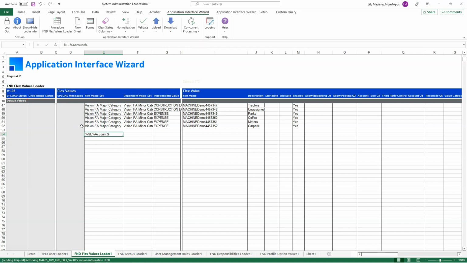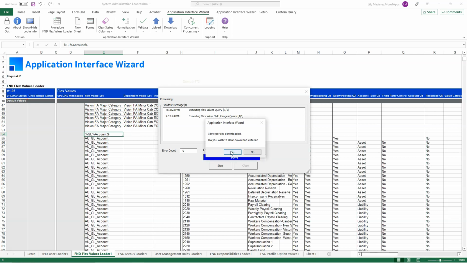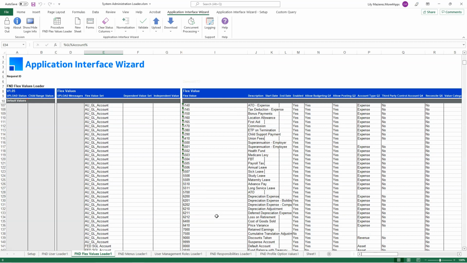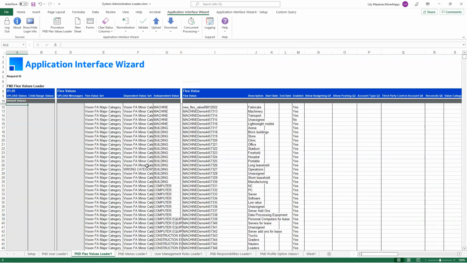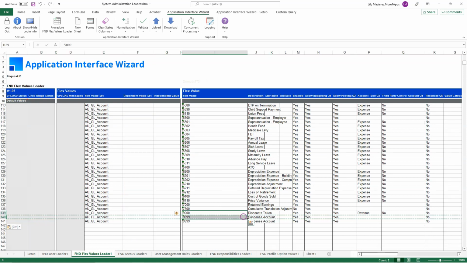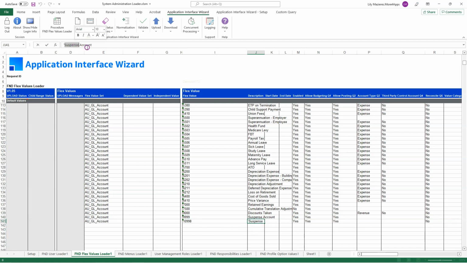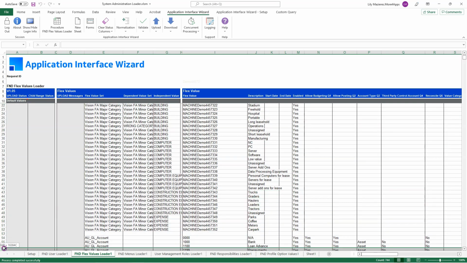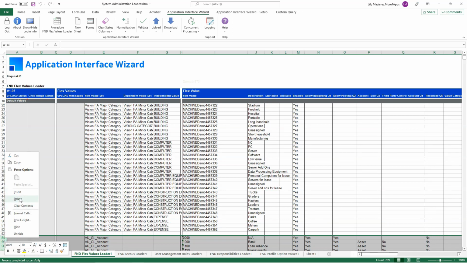The second download option allows you to enter download criteria in the workbook, and then you highlight this criteria and download. You can then add new flex values to this existing flex value set. You can then delete the values that already exist for this value set and that you don't need to update